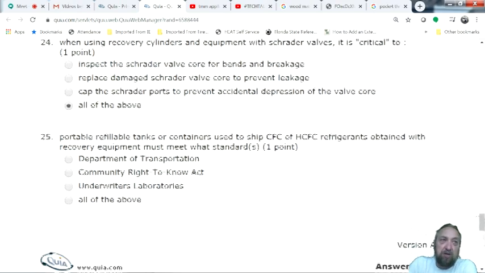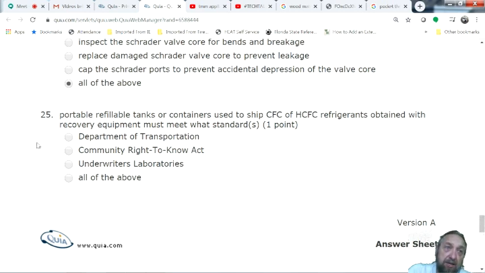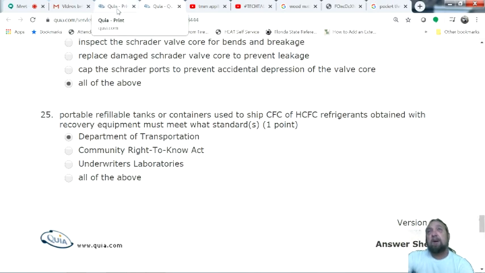The last question. Portable refillable tanks or containers used to ship refrigerants obtained with recovery equipment must meet what standard? DOT. All right. These are all stuff we talked about. What did that paper say for